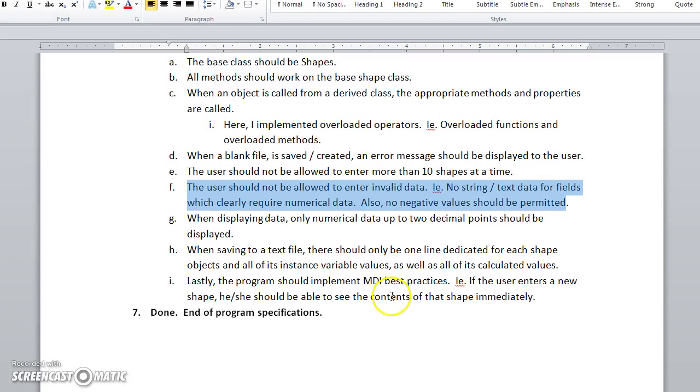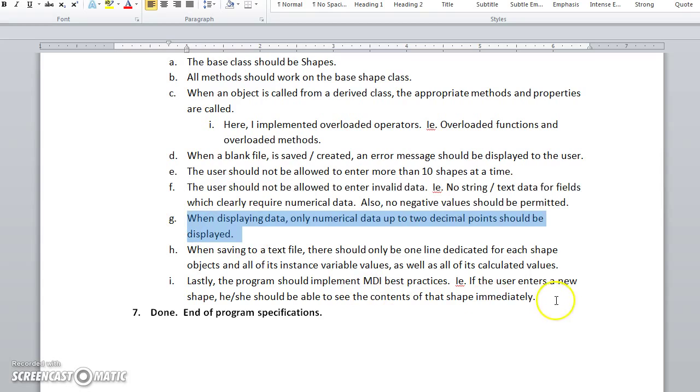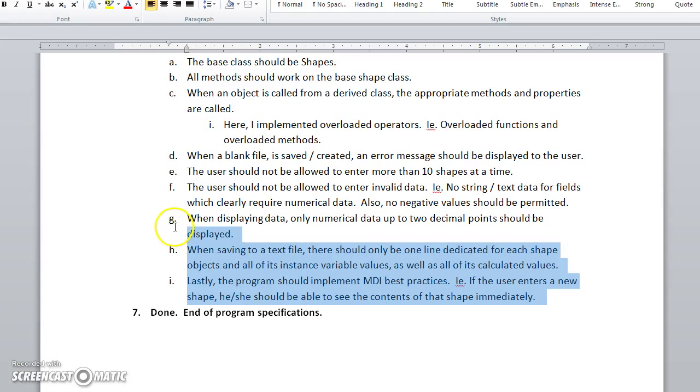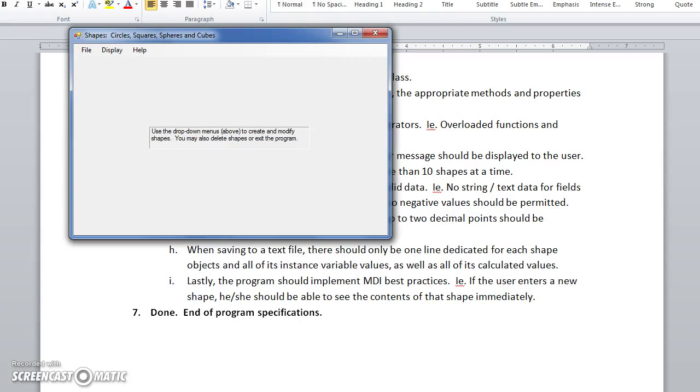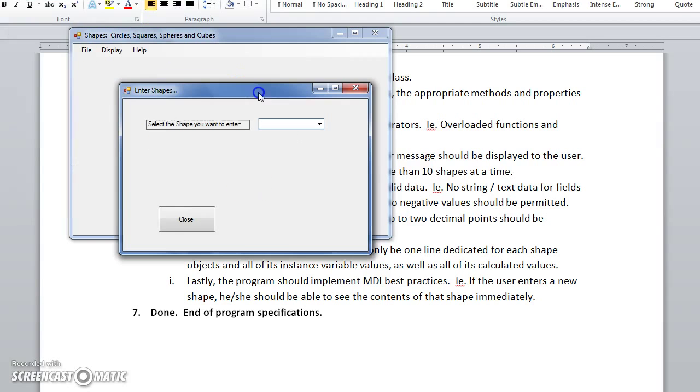And that I think is the last part that I want to show you, because I think if you'll go back in the video or look at the program itself, you'll see that specifications for G, H, and I have been met. So I'll just go ahead and show you one more time that if a user wants to enter negative values for side lengths, for example, he will be met with